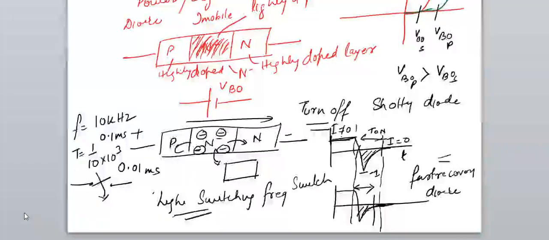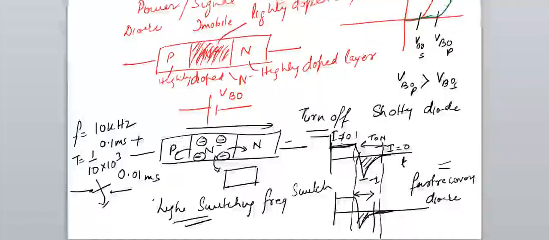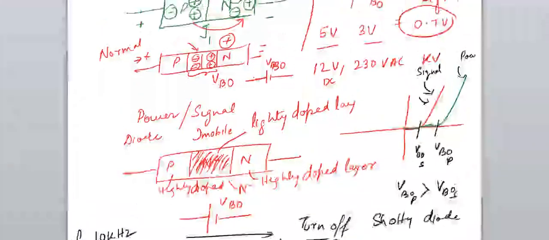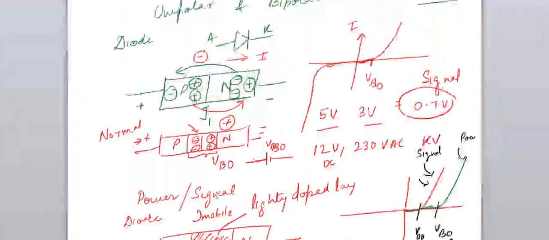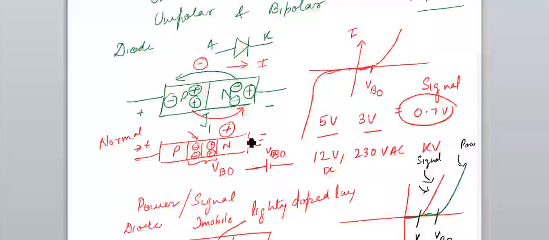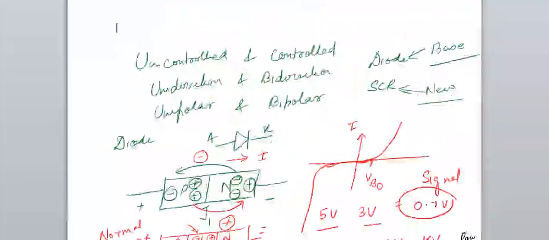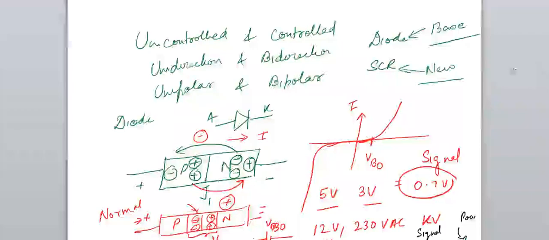Okay. So this is the constructional difference which comes when you are moving on from your signal diode to power diode. There is an increment in one layer and you get a power diode. Okay, so the characteristics remain the same and this is what changes. Okay, so now we will move on to our next topic,